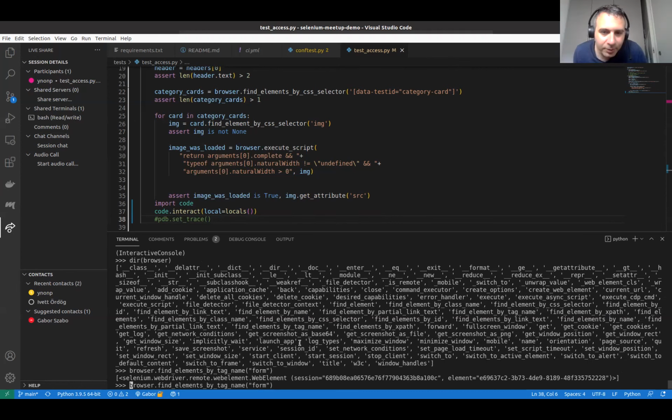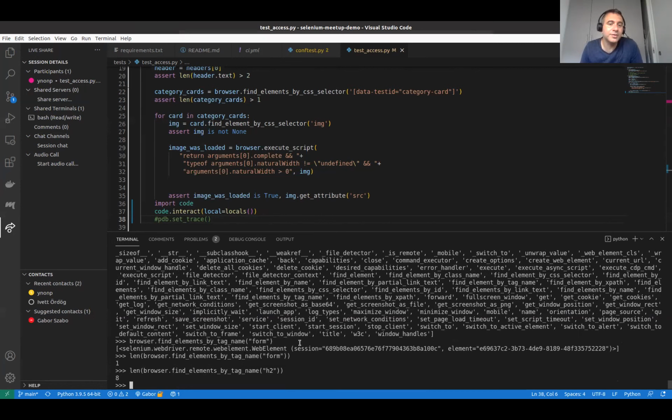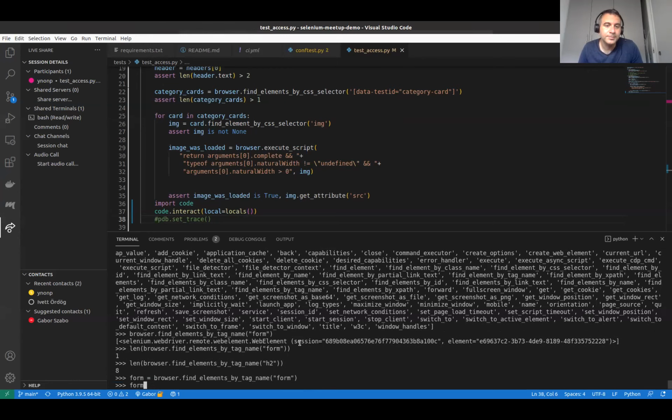Yeah, it looks like one. I mean, there is one element. Okay, so we have one form, and it has all those H2, we have 8. And that form has all the characteristics of a search form, so you can use that form. Now, find elements by CSS selector, for example.